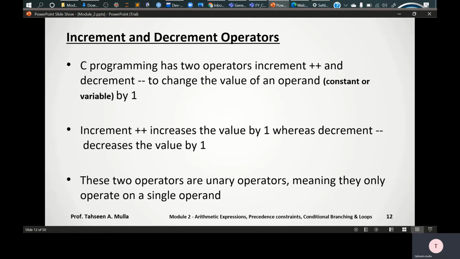If I'm having an integer a equal to 1 and I want to increment that value, I'll write it as a plus plus, right? So my variable name and this increment operator, a plus plus. If I try to print that new value, it will be a equal to 2 because it has been incremented by plus 1. And if I try to decrement the same value of a equal to 2 by minus 1, after decrementing it will be back to a equal to 1.